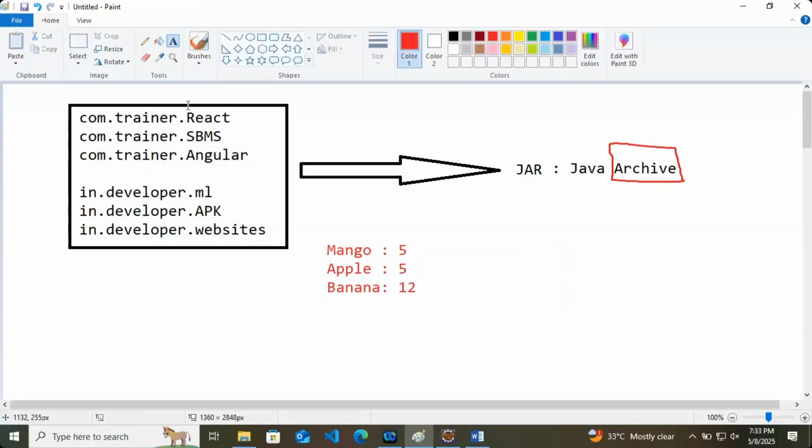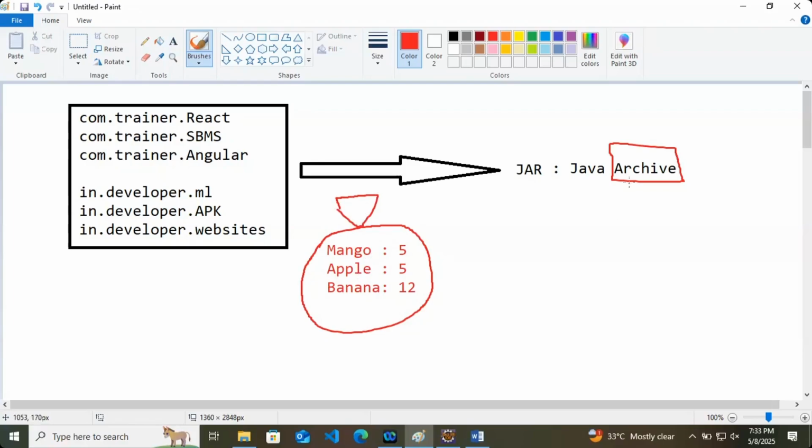So what you will do, you will combine them in a basket or a polythene or a bag or any kind of thing. You will combine these three different things. Now you just have to hold this bag. You don't have to hold mango, apple, nothing. You are holding this bag now. That is the word archive.